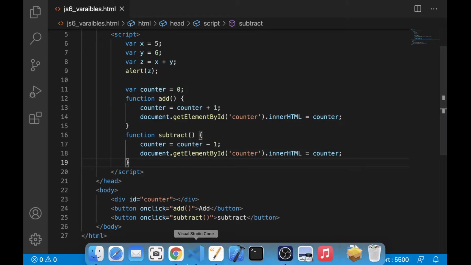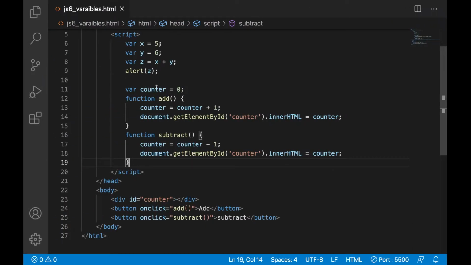Let's see in the browser. So this is for alert. Now we have two buttons, right? So let's click on add. See +1 is coming, +2, +3. If I click this one, see it is going like that. So in this variable counter, I have put one variable counter that I am increasing in this function, and decreasing here.